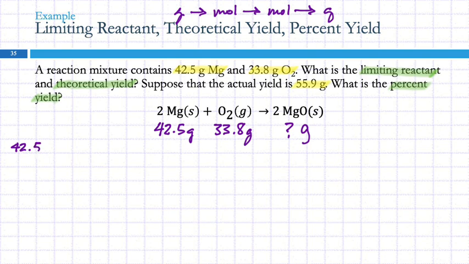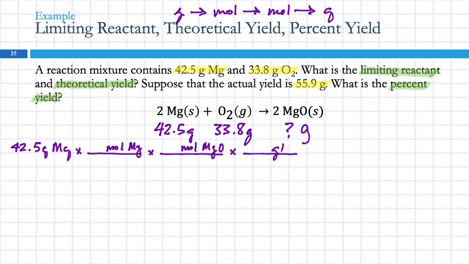So 42.5 grams of magnesium, and that's going to go to moles of magnesium, and then moles of my product, magnesium oxide, and then to grams of magnesium oxide. Grams to moles to grams. Yep. And then this is the same